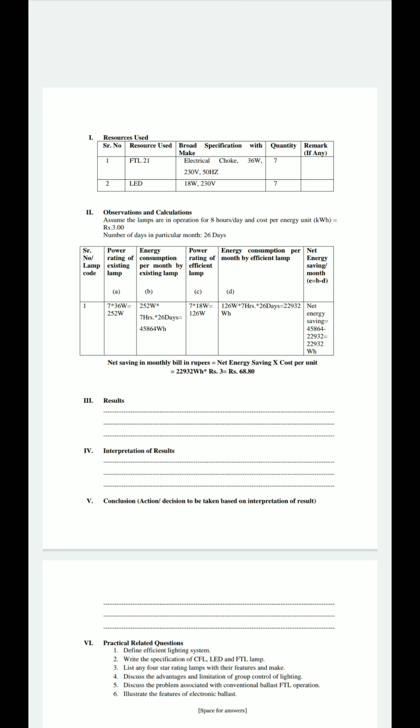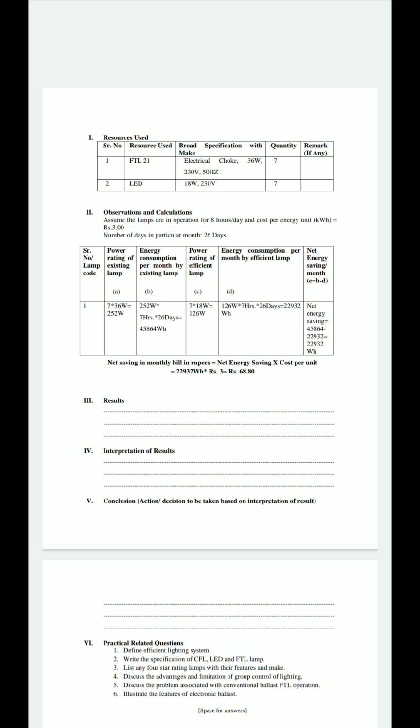In the previous video, we started practical number 6 of the subject Energy Conservation and Audit. The title of practical number 6 is to determine net energy saving by lamp replacement. So, in this practical,